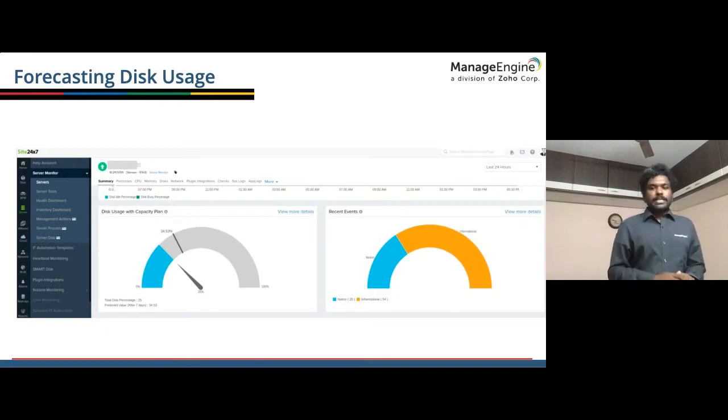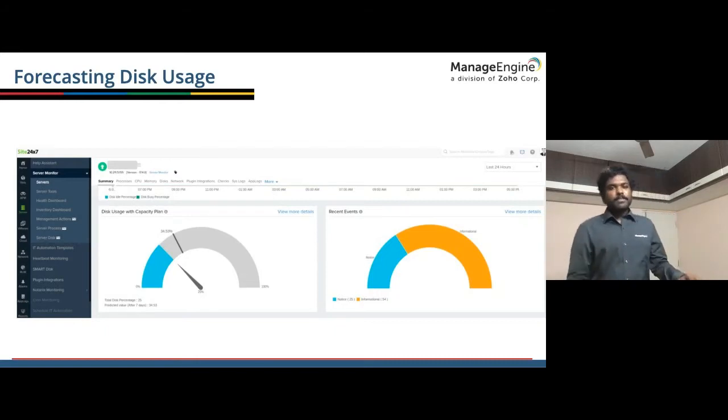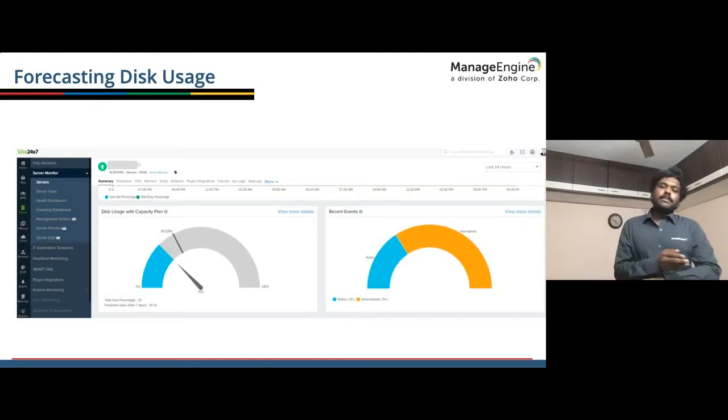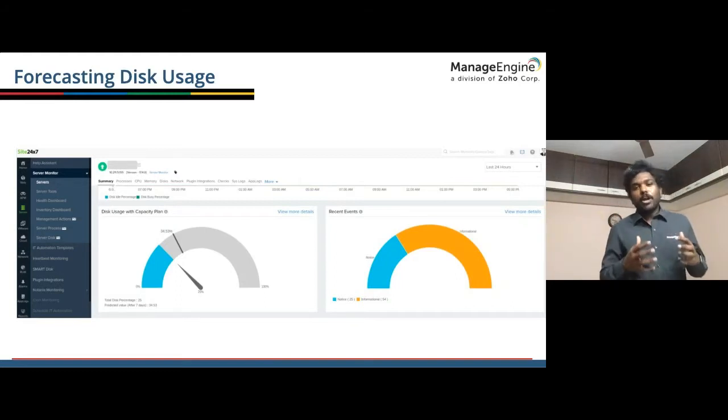But all of a sudden you see it on a Thursday and it's only 25%. But let's say on Friday you have a lot of impact, and on Saturday morning it throws an alert saying your disk is 50% full, right? This is because it has been a very traditionally rule-driven thing. But your AI systems can factor in a lot of seasonality and trend, and can tell you this is the expected behavior on a Friday morning, so I will account for it accordingly.